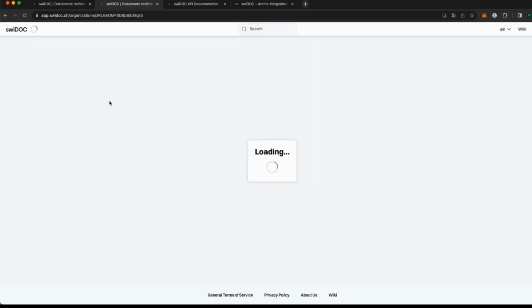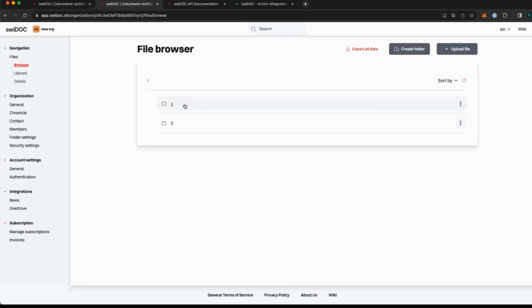So this may take a second. Now we can see that this folder structure is automatically created for this new organization. So that was it from the new feature side. So let's see what the outlook is for this year. Give me one more second.